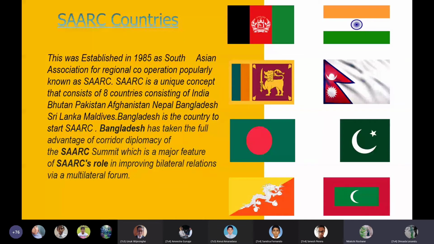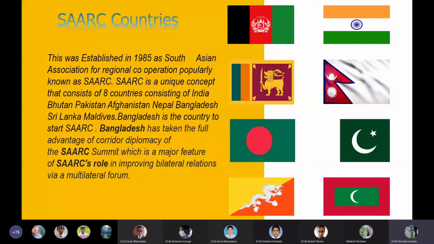It means that though they have differences, like the territorial issues between India and Pakistan that we discussed earlier, they still get the chance to discuss their personal issues, or the threats they face as a region. That is where you get the platform. You can use SAARC as a platform for corridor diplomacy, which means they can talk face to face and solve their problems.